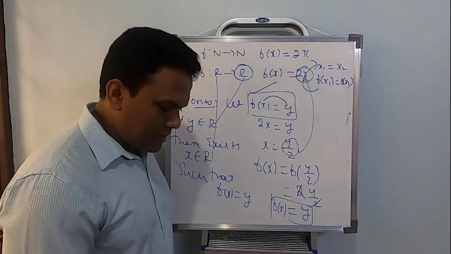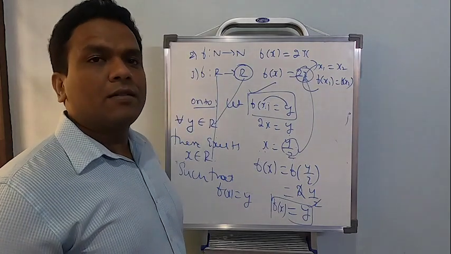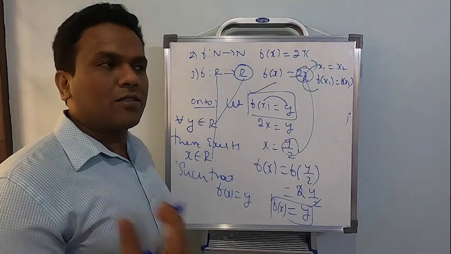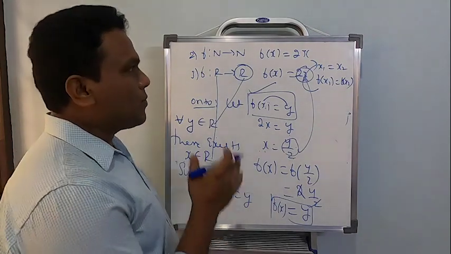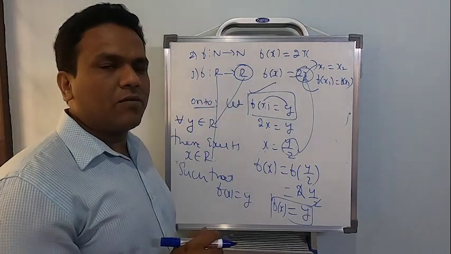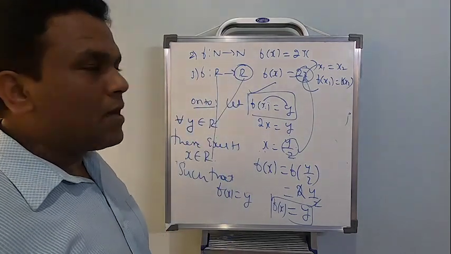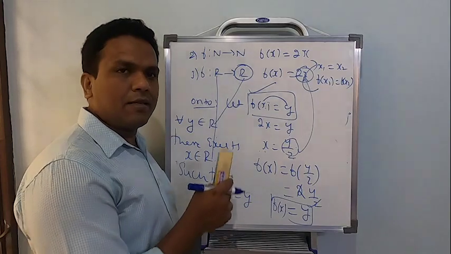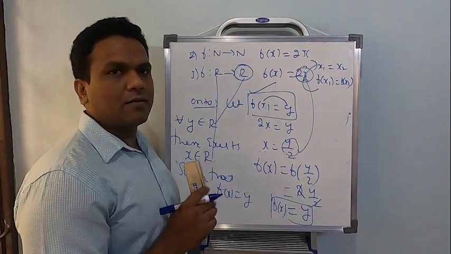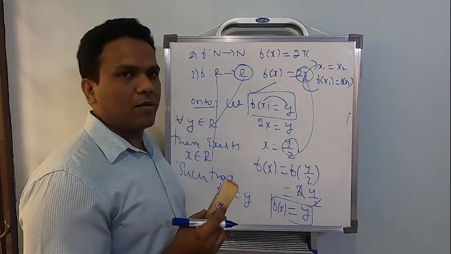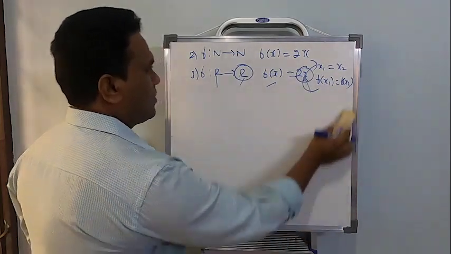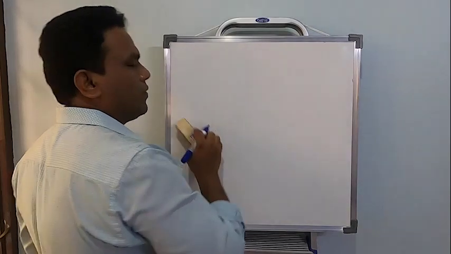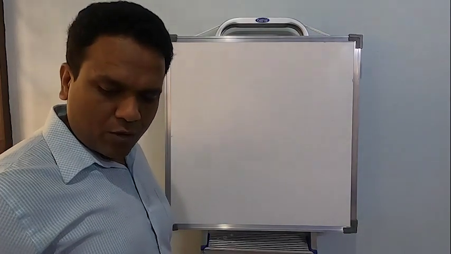Students, selecting the general method, or giving the solutions by examples, depends on the problem. In the previous problem I did both one-one and onto by using examples, and in this one I am using the general method to write the answer. That depends on the problem, so that should be remembered. So we have done with problem number 3 also.